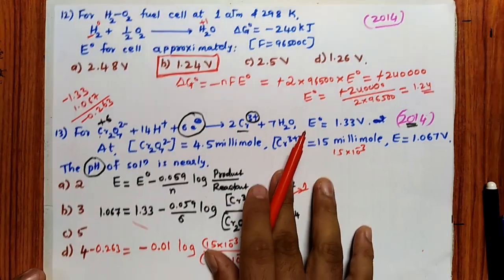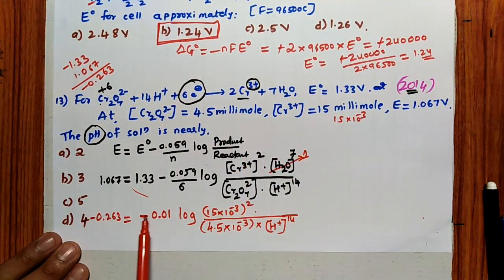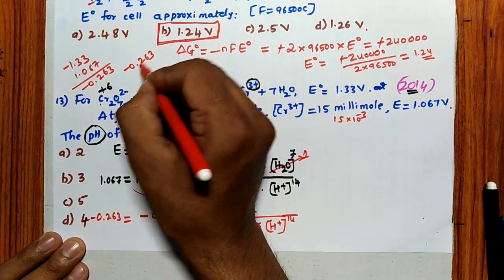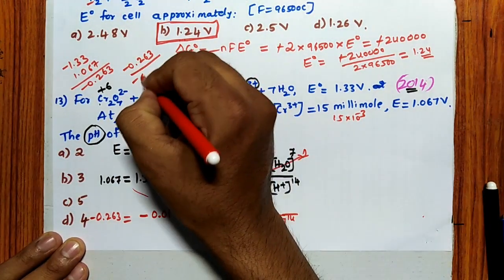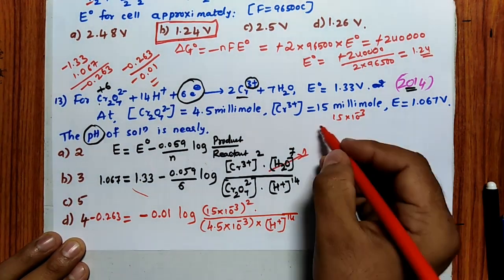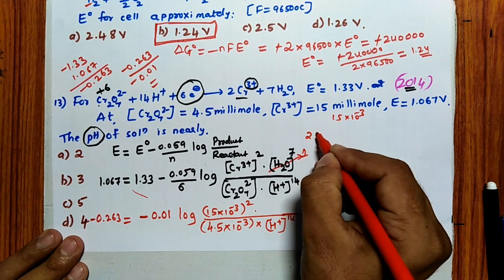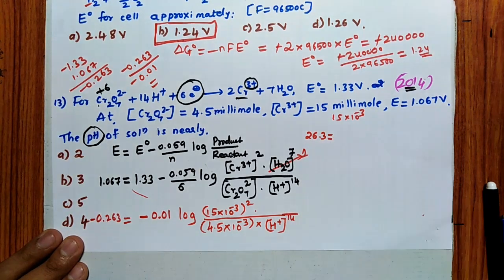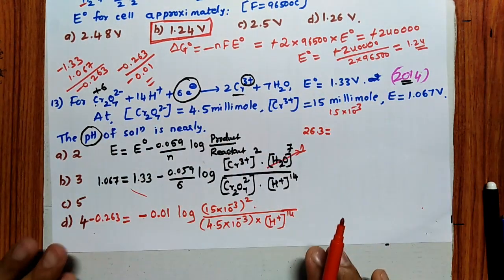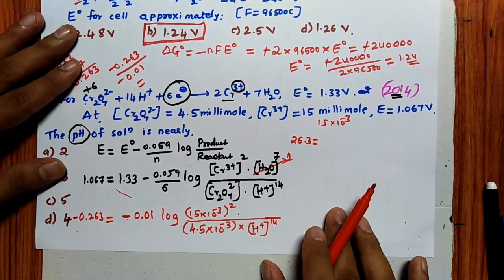So see here, minus of 0.01 we will take to this side. So what happens? Remember, minus 0.263 divided by minus of 0.01. What is the answer you will get? 26.3. Correct? So I will write that value here. 26.3 is equal to. Any doubt? I have taken a minus to this side. So minus 0.263 divided by minus of 0.01 is equal to 26.3. The minus minus get cancelled. So fine, 26.3 is equal to